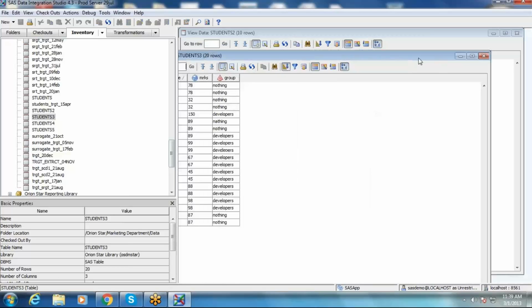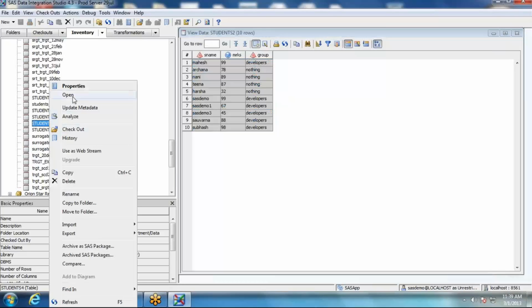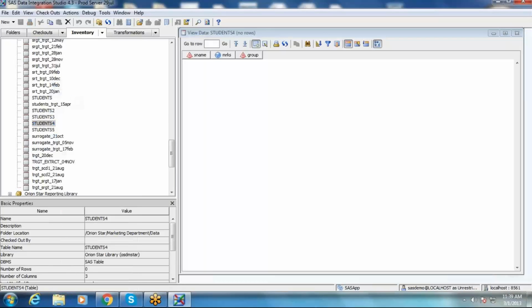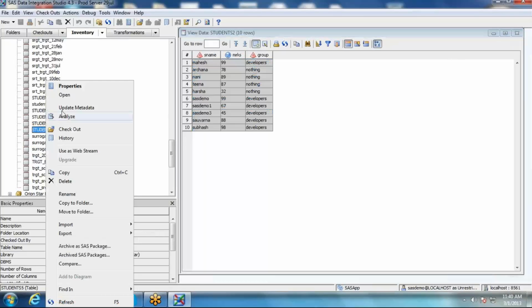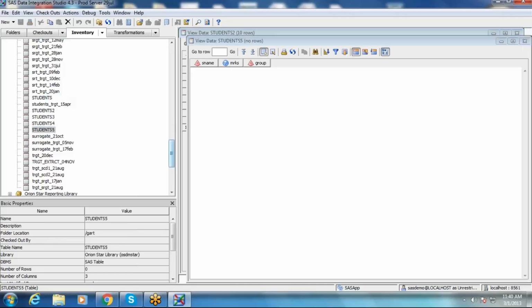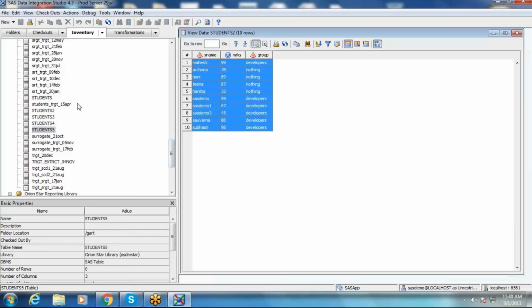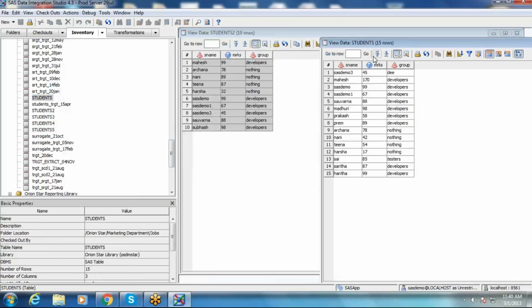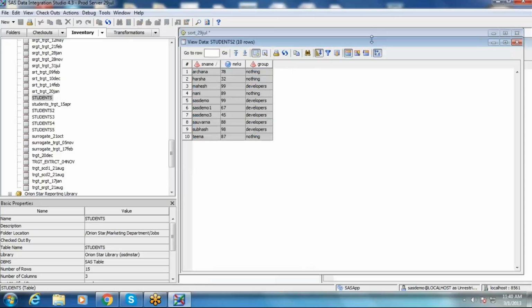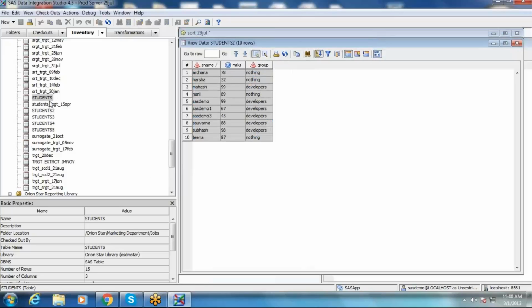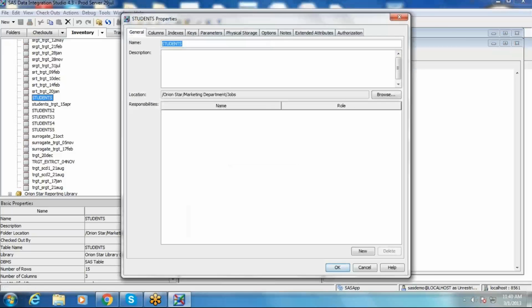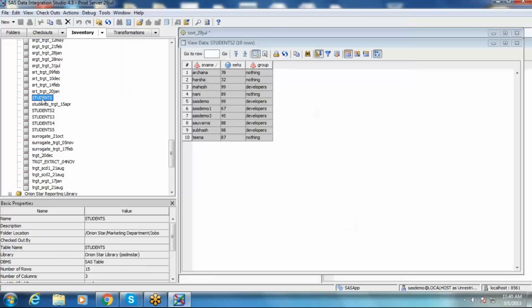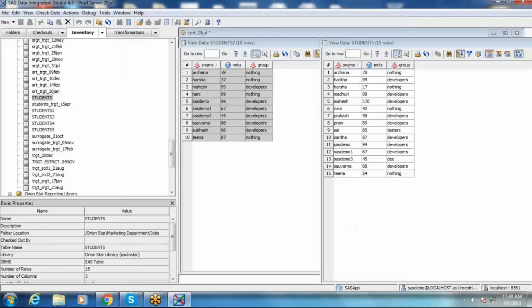It's a duplicated one. Now you can see based on S name the comparison, where Archana got 78, Harsha 32, and here you got 17 for that.